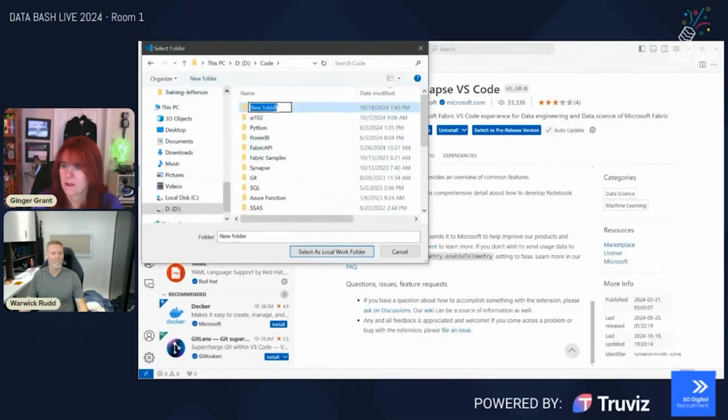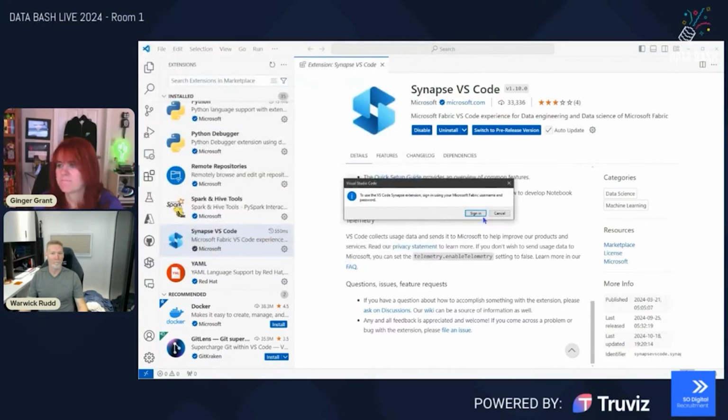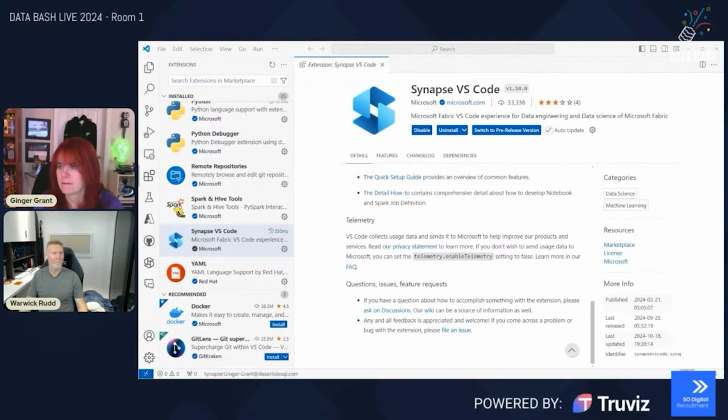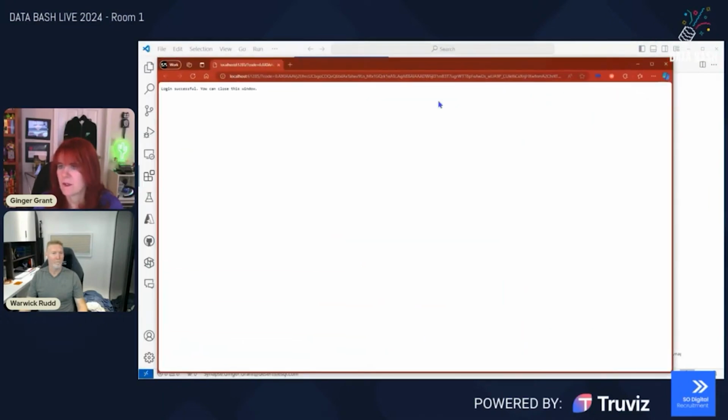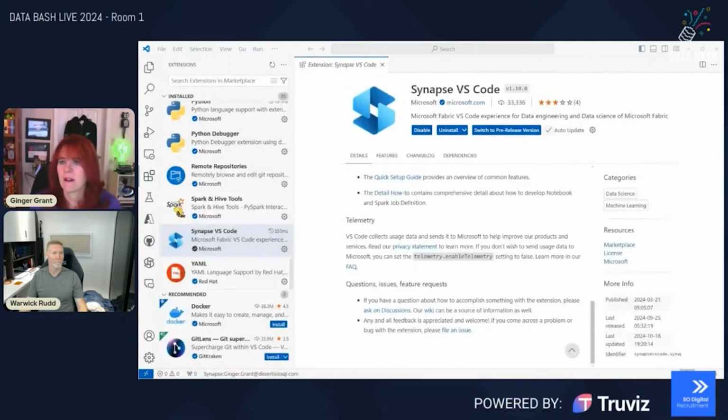I'll just give it a new folder, call it Fabric. That is my local folder. Make sure that I'm signed in. And it says, yep, you're signed in. Naturally, I did that in another window, so I can close this window because it automatically went to my browser. And now I am set to start looking at my code.